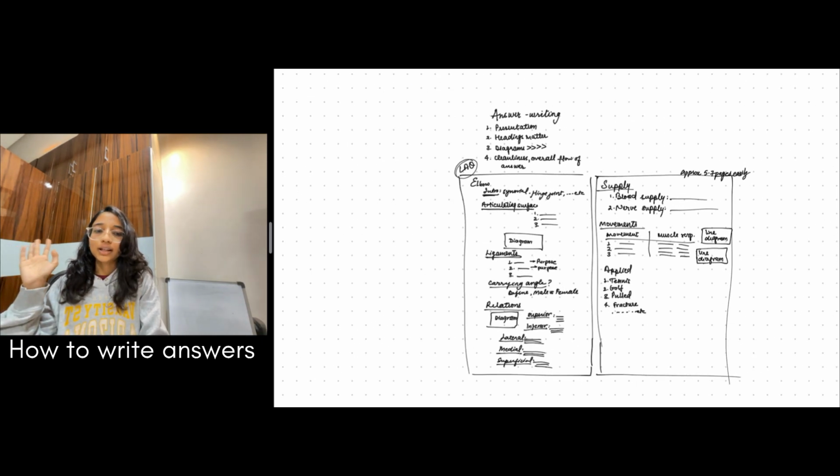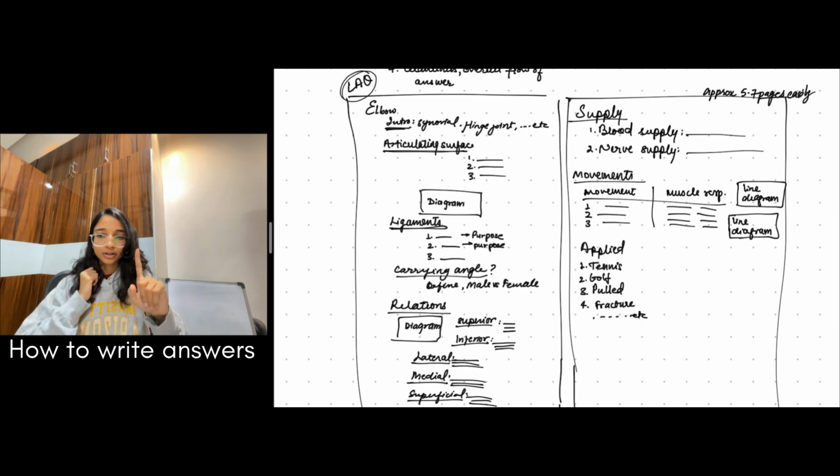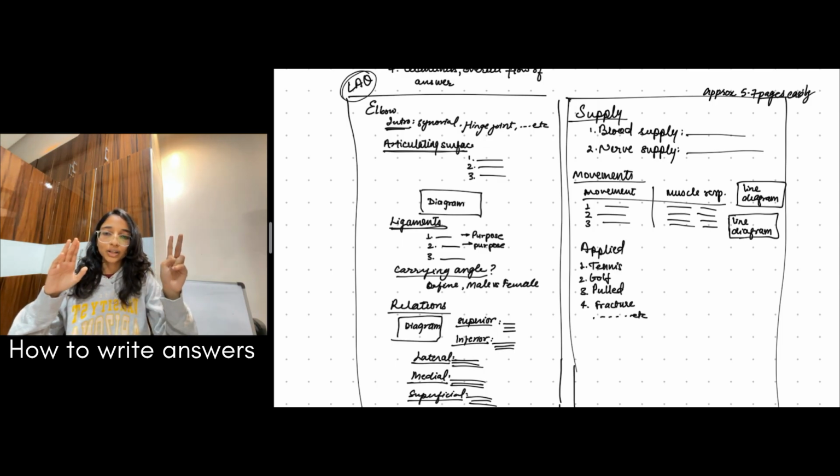Now, how do you write an answer? Presentation is important. You will be graded on your presentation. So if you're writing it in a really messy way, you might get fewer marks than your peer who might not have written as much detail as you did. Secondly, headings matter. You need to write everything with headings. It does not have to be like a story, with paragraphs just flowing. Please don't torture your professor so that they have to read your entire thing.